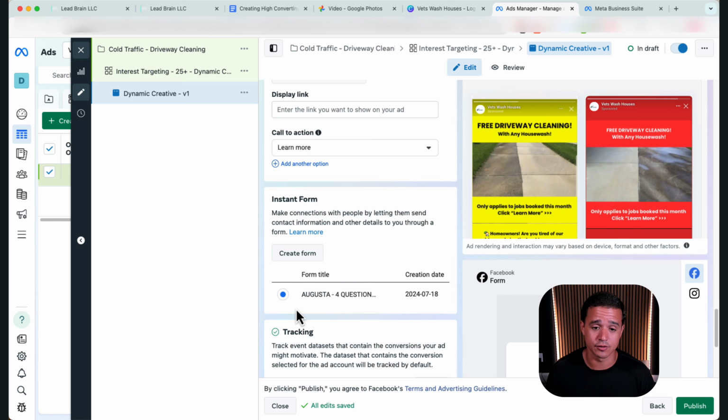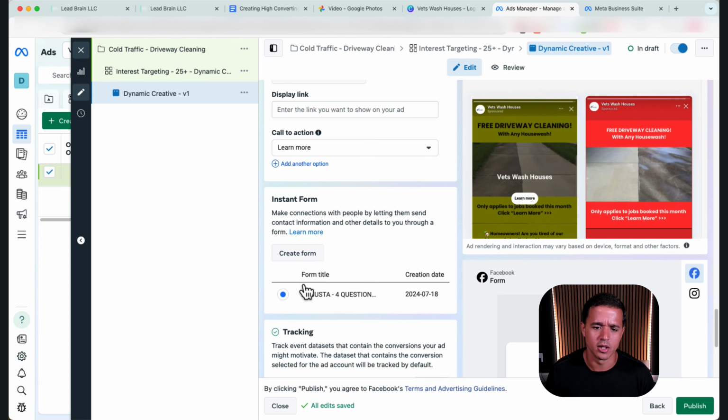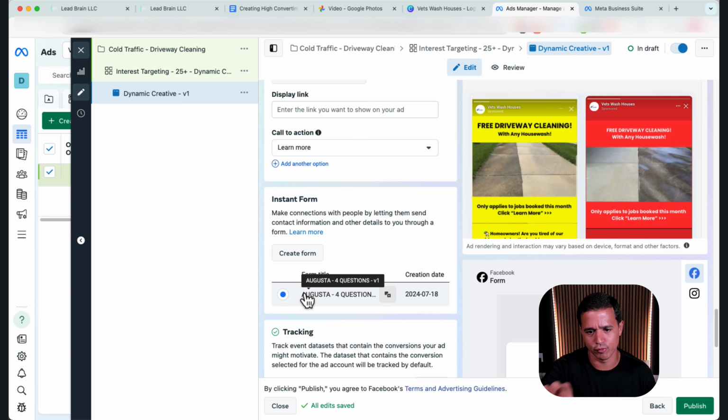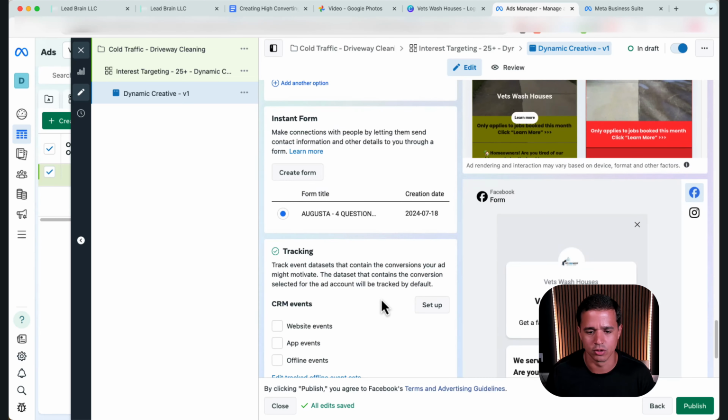And then this is the form that we created earlier. So if you're just following this for the first time and you're wondering how did we get this form here, technically we could click create form here and create one on the fly, but there's some important information in video 5 that I talk about with creating the form. You see we have 4 questions here, version 1. So right here, we already created one. We're not going to go over it again.